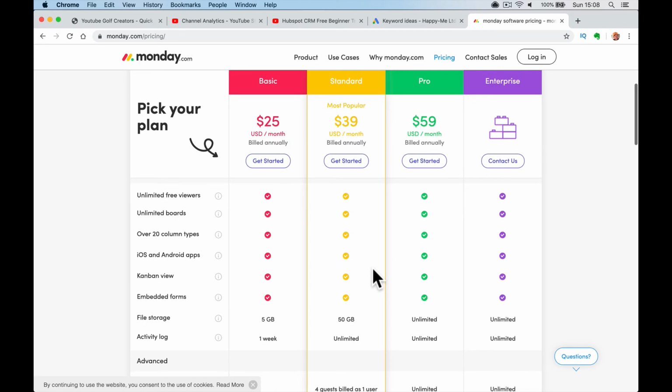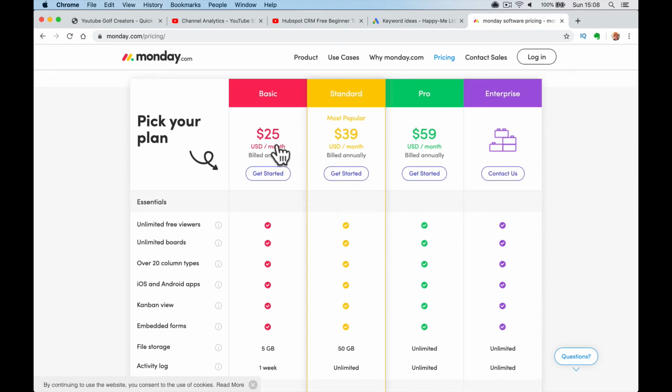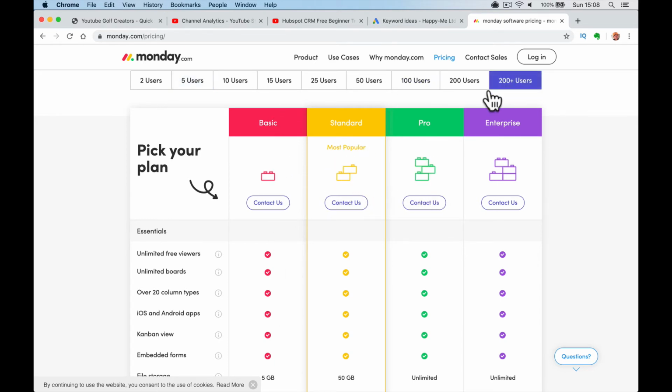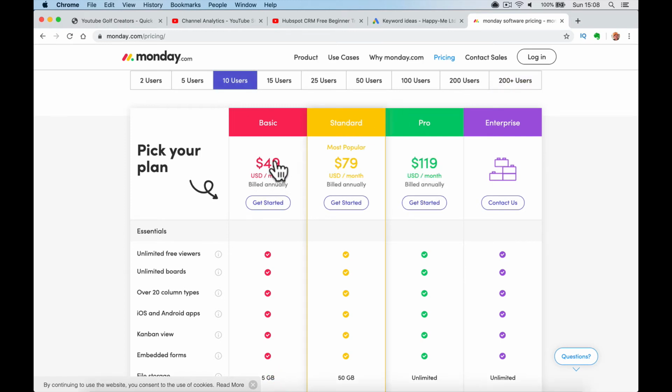Whereas monday.com is $25 a month for the basic fee. For the beginner version, it's $25 a month for 5 users. So that's actually $125 a month. So that's already $1,500 per year for the lowest priced tier on that advert. So now we understand why project management pays £15 a click, because their leads can generate up to... it can get cheaper for 10 users, isn't it? $49 a month. Look at the pricing going up.